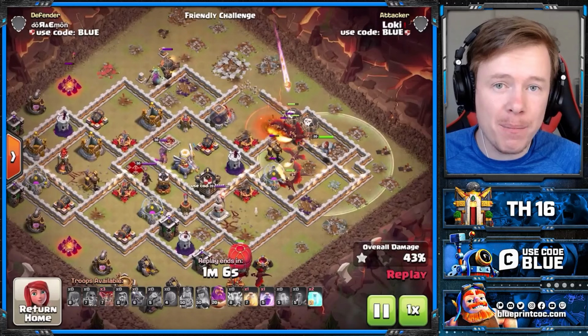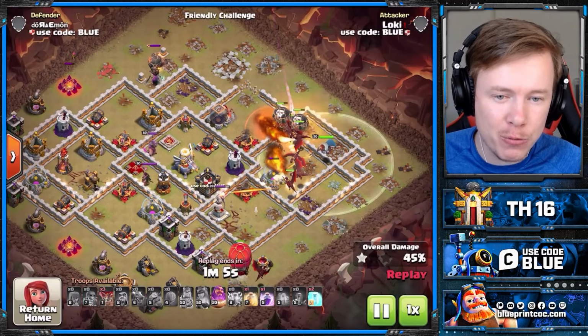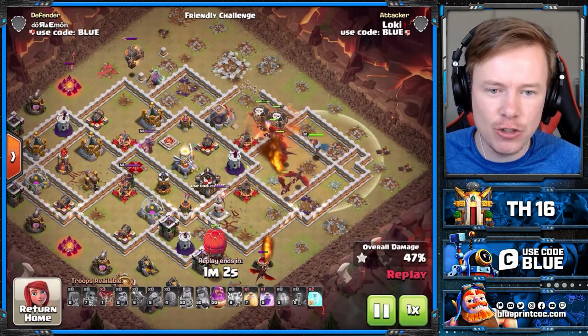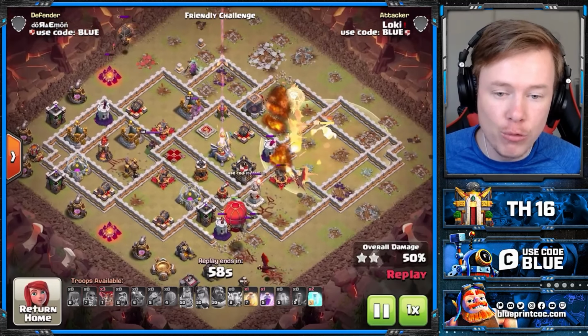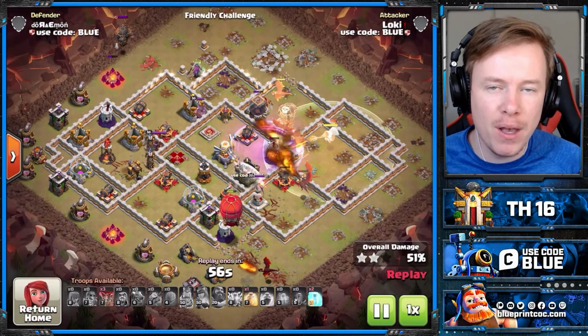Now it's worth noting, Loki has got the life gem on the warden. If you've got the rage gem upgraded, I would recommend bringing that because it allows your dragons to do that extra DPS. Now with this army, you're going to bring the stone slammer,